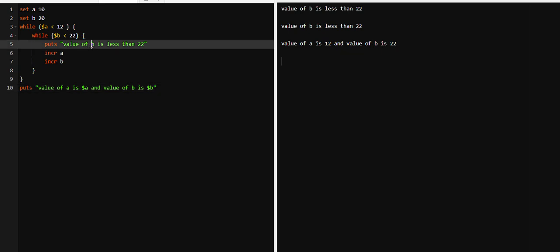Let us give this as $b so that we will get some idea what's the value of b here. Here we have set the value of a as 10 and value of b as 20. In this condition we are checking whether value of a is less than 12. As 10 is less than 12, it is going inside this while loop and again it is checking whether $b